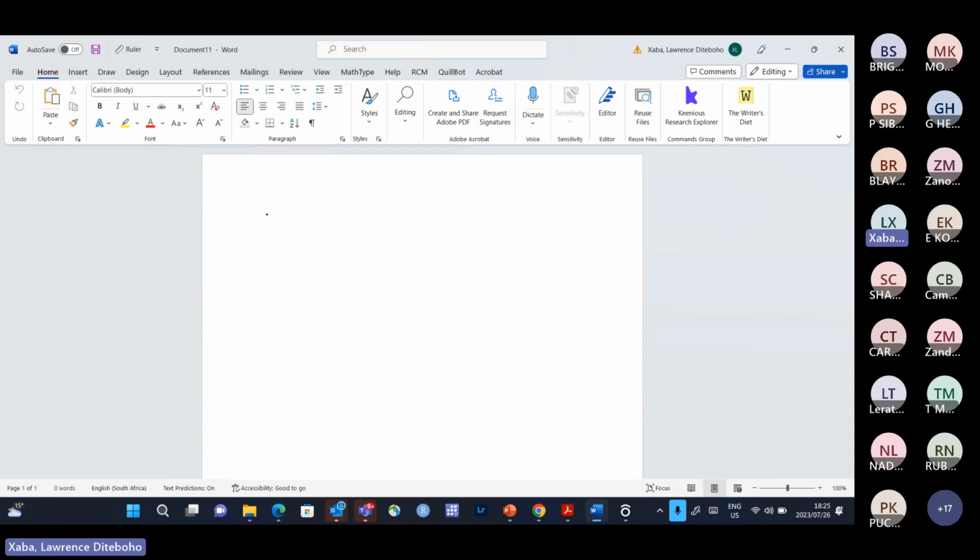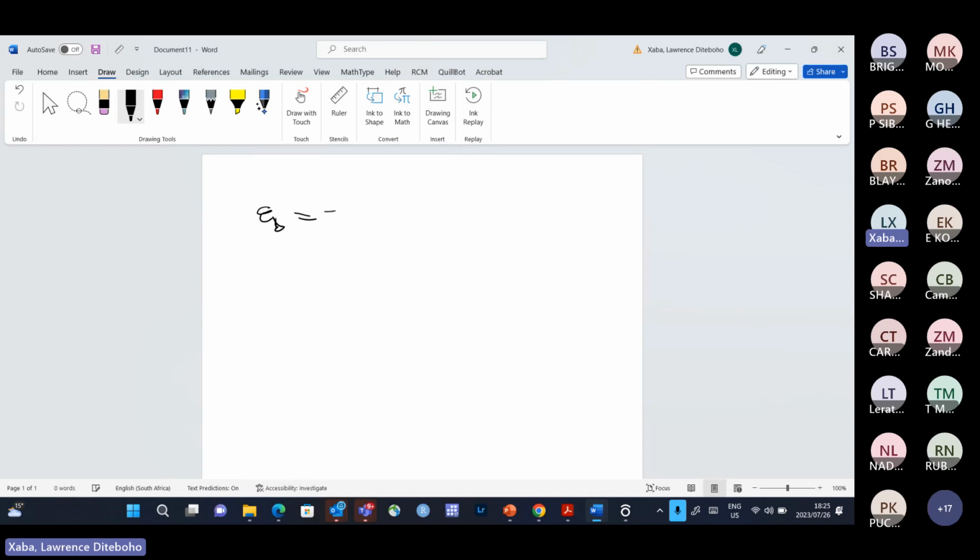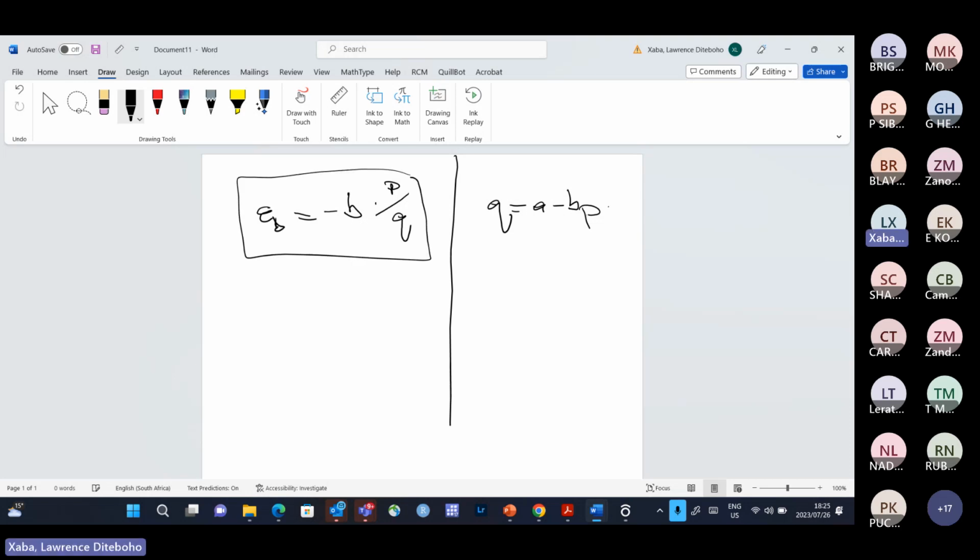And looking at the very same formula, where we say elasticity of demand is equal to negative B, which is our slope, times P divided by Q. We can extend this formula because, if you remember in our previous class, we said Q is equal to A minus B times P. So where we see Q in this formula, we can replace it by A minus B times P. So what I'm saying is this: elasticity of demand equals minus B times